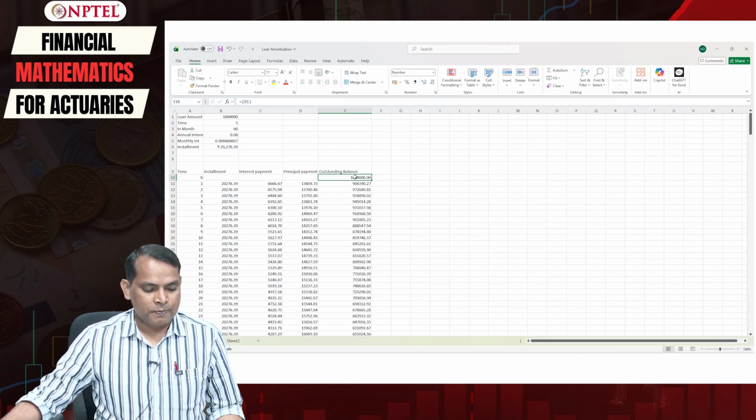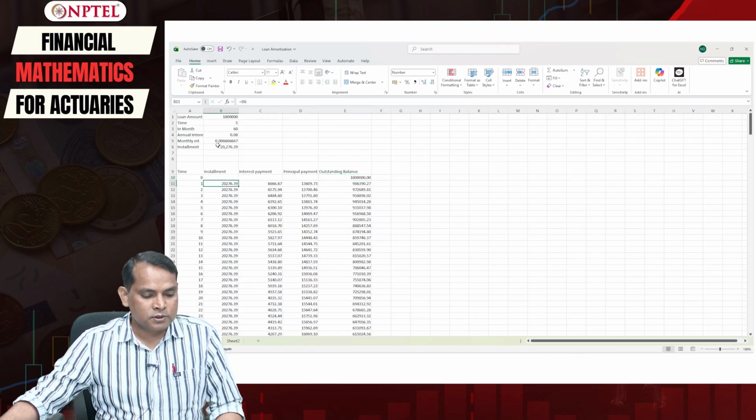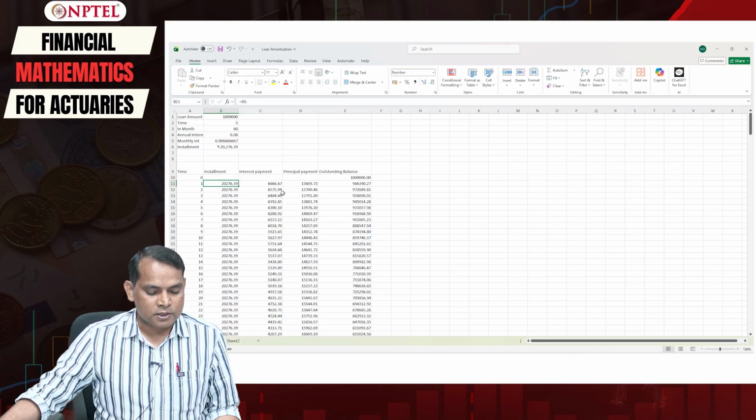Okay, and then for this you again write equal to, click here, B6, and then you will get this symbol, then this value. For this, equal to this one multiplied by the rate of interest, that is E10 multiplied by the monthly rate of interest, that is B5, right, and then you have left. So, and then again this value minus this value will give us this value.